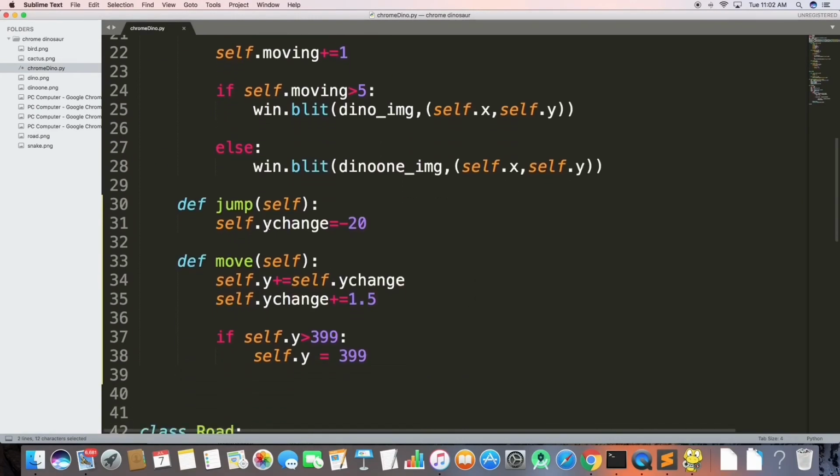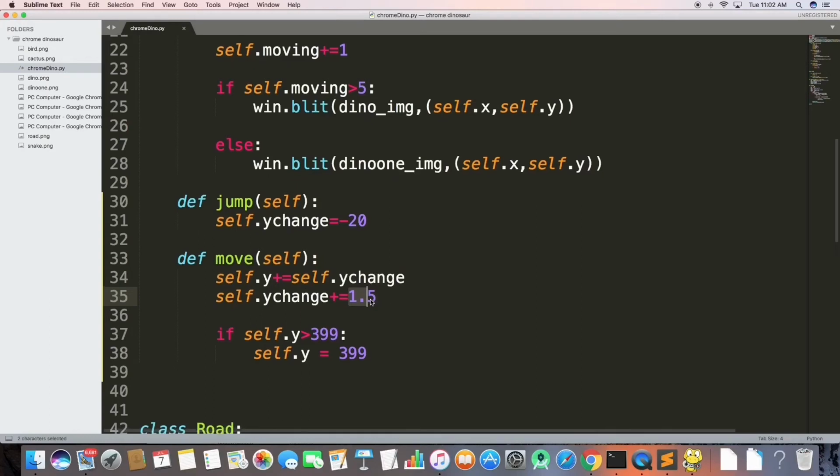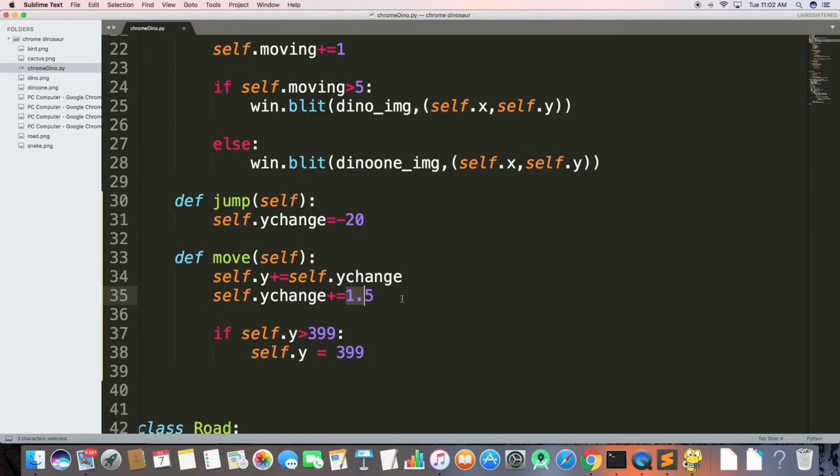This will set my y change to -20, and then I'll increment self.y, that is the y position of my dino, by this value, and I'll be adding 1.5 to this y change, so that after a certain point I hit a top point and then I fall back. So that's what I'm gonna go with this time. Let's see what happens in the end.